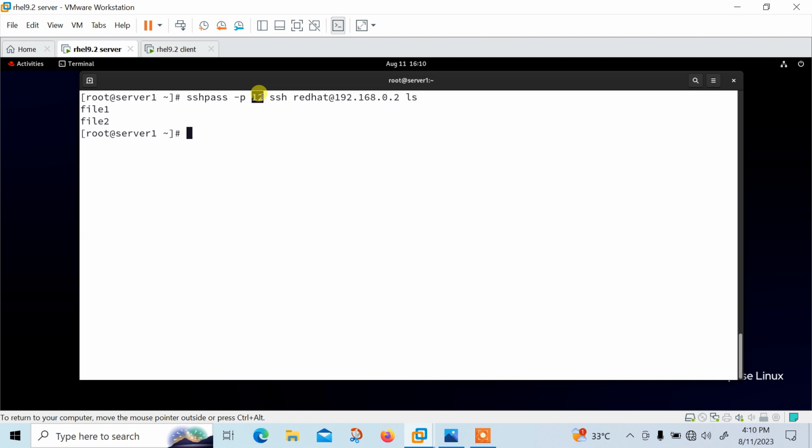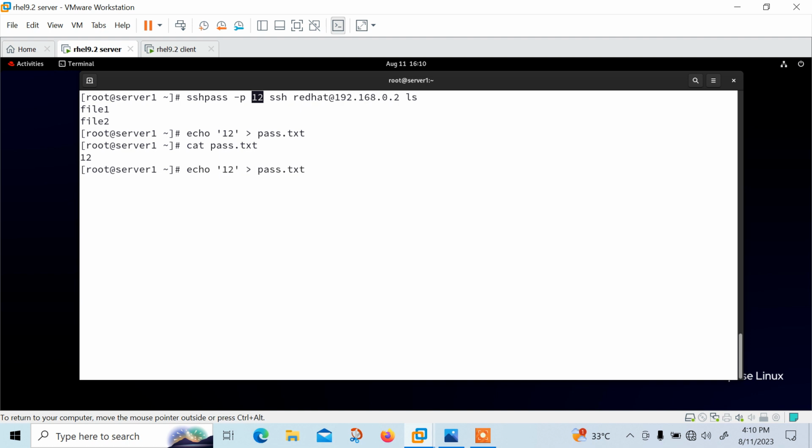In the next case, we can provide the password from a text-based file, right? So I can do one more thing. I can say echo 12 into the file pass.txt. I didn't want to give the password here, right? So I just write the password in the pass.txt file, and in the next step I can go with